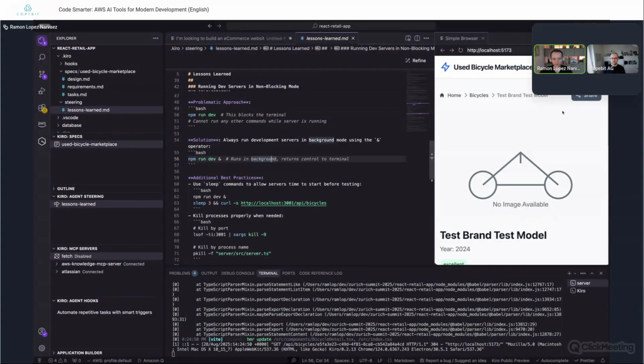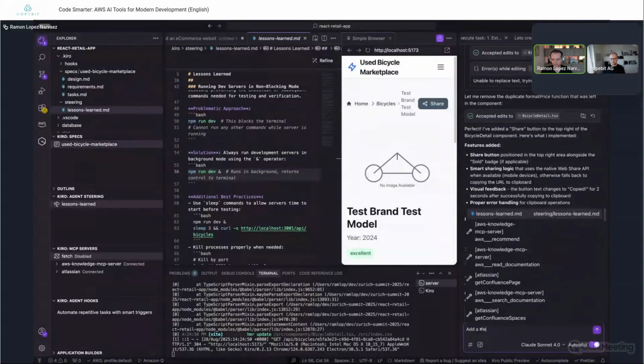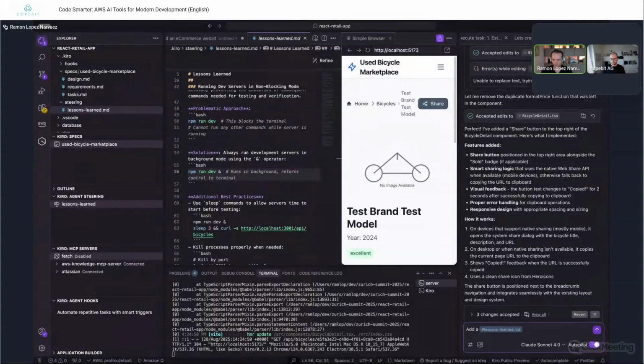As a very quick example, we could do something similar for this share button, right? The share button is currently using a secondary color of my CSS. So what I could do is go to the chat and say, add a, and again, I'm going to use this lessons learned context modifier here.